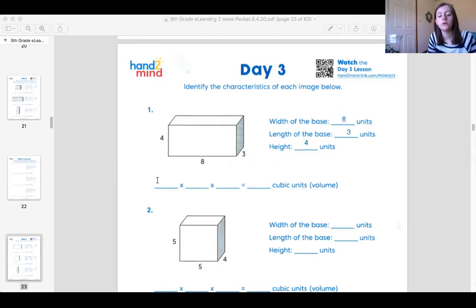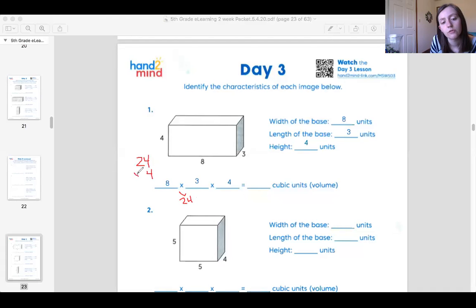Okay, so to find the volume, I'm going to take 8 times 3 times 4, because I got to take the length times the width times the height. Okay. I know that 8 times 3 gives me 24. So if I set up 24 times 4,